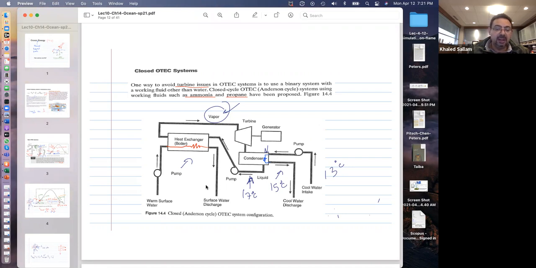And that boiler is being run by the hot surface water, and that condenser is being cooled by the deep cold water. We have seen this cycle before, right? In geothermal, what did we used to call it? We used to call it binary cycle. Binary because there were two fluids. One is the fluid going inside, maybe ammonia, and the other is outside, which used to be the hot underground water coming to you. Well, now we are pulling it from the surface. It's not as hot as the ground